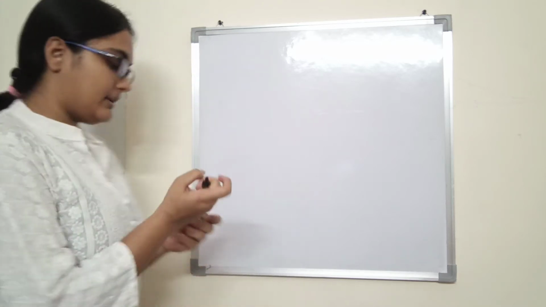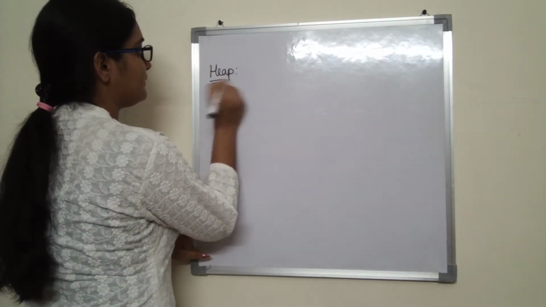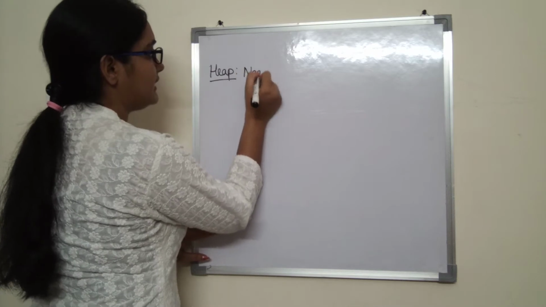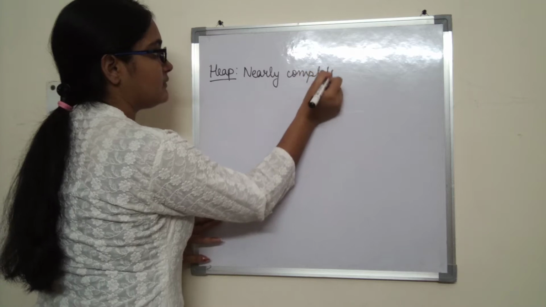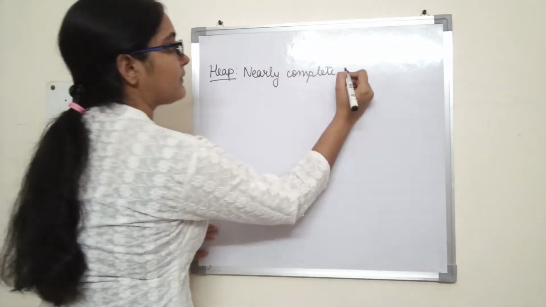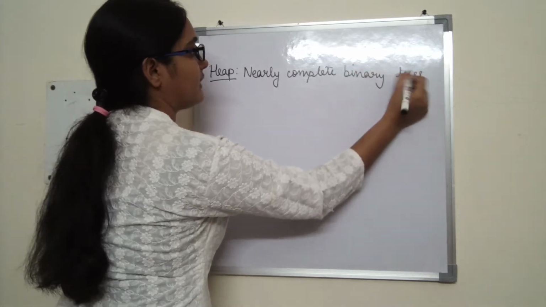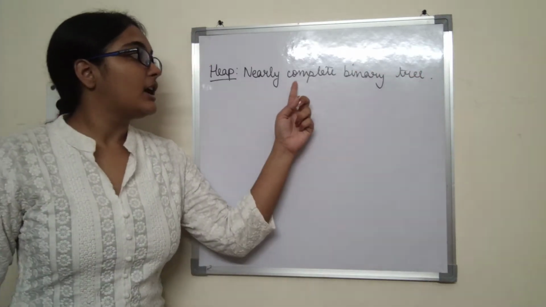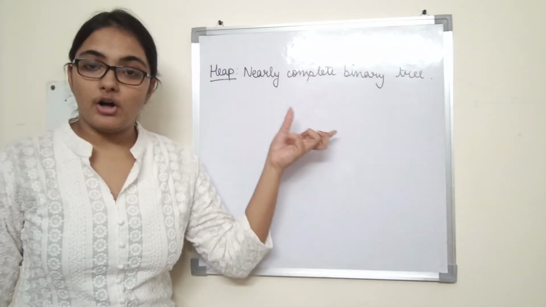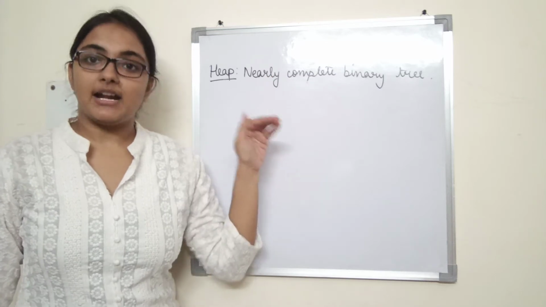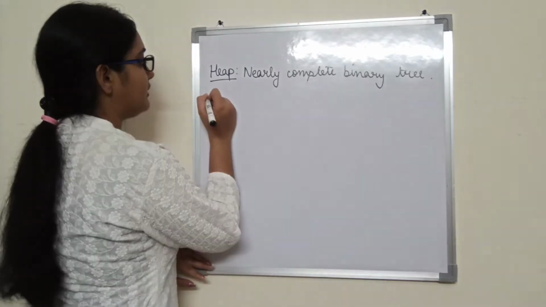Now let me write it. Heap, nearly complete binary tree. What is the definition of complete binary tree? A complete binary tree is a tree in which all the leaves have the same depth and also all internal nodes have degree 2. Alright,